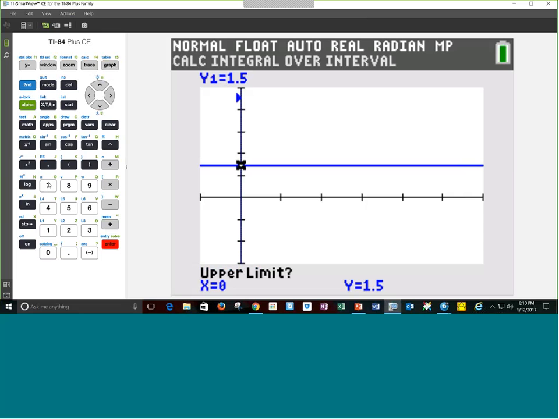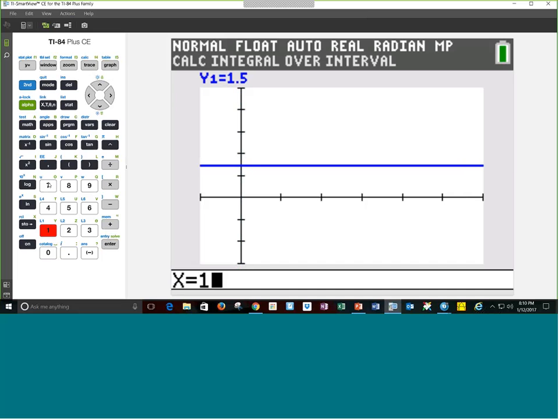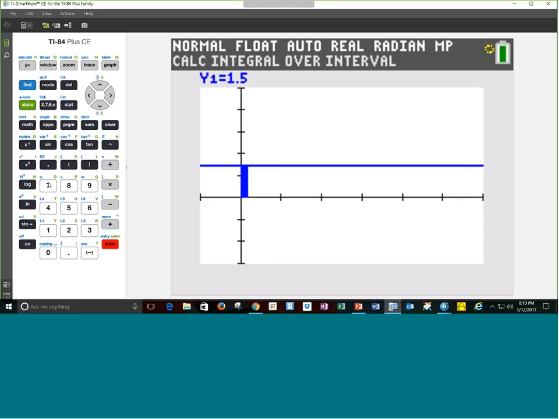So what the students are actually asked to do is to take this definite integral and build a table with x values of 1, 2, 3, 4, and 5. So I'll put in 1, and it actually shades that rectangular region, and of course the area is 1.5. So then they ask them to calculate the definite integral from 0 to 2.